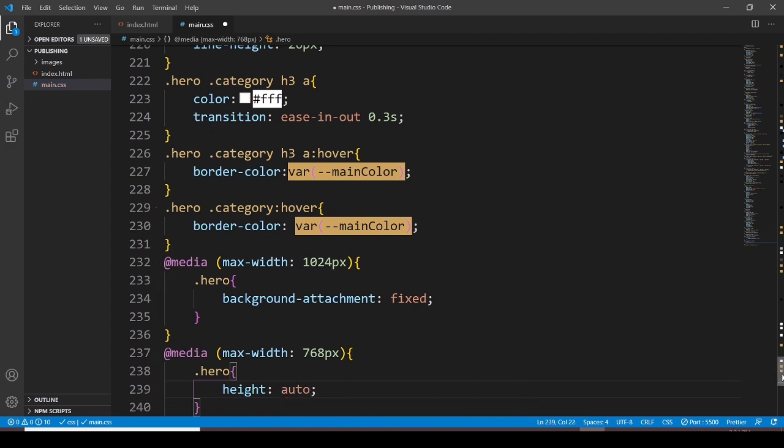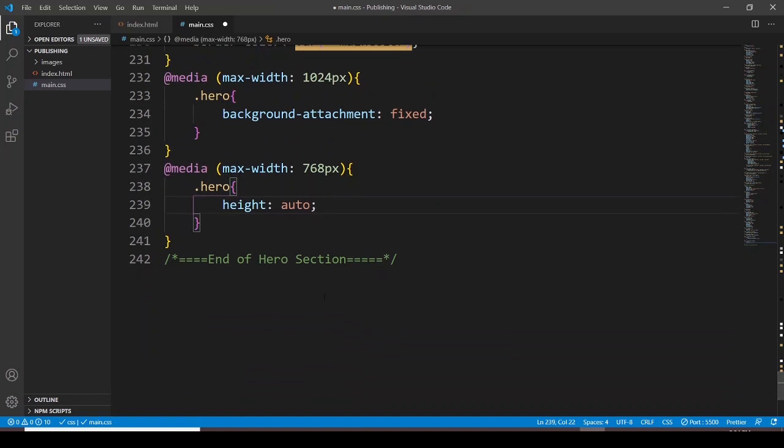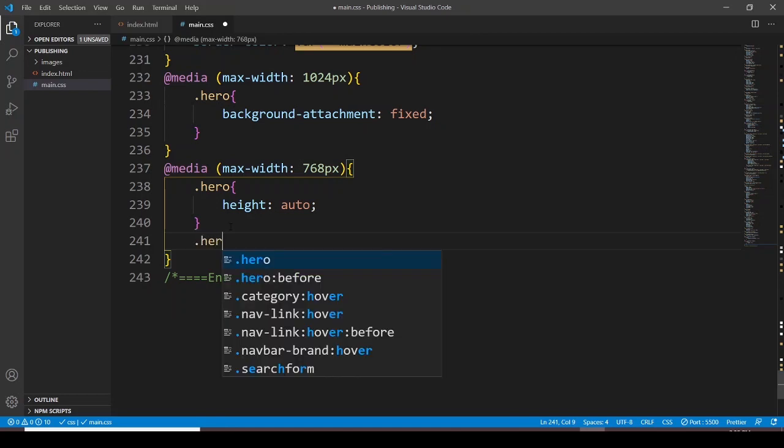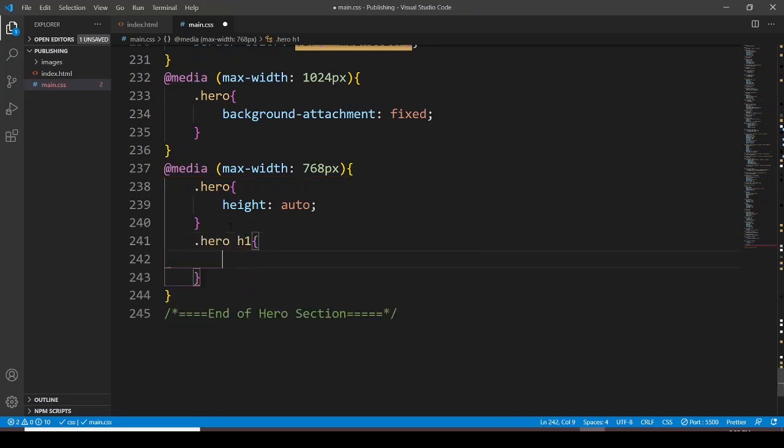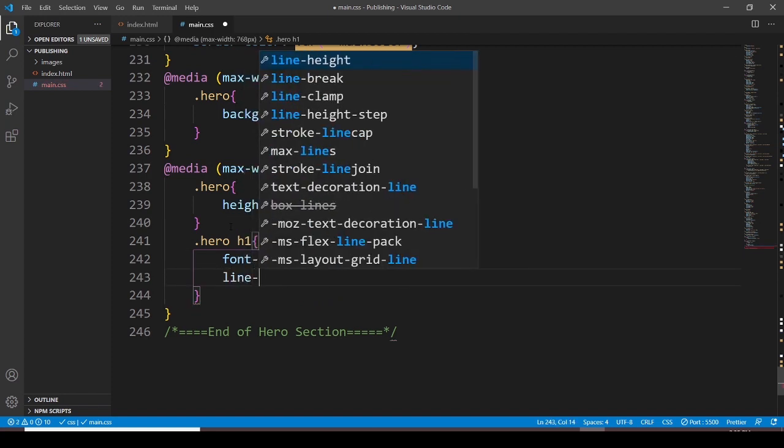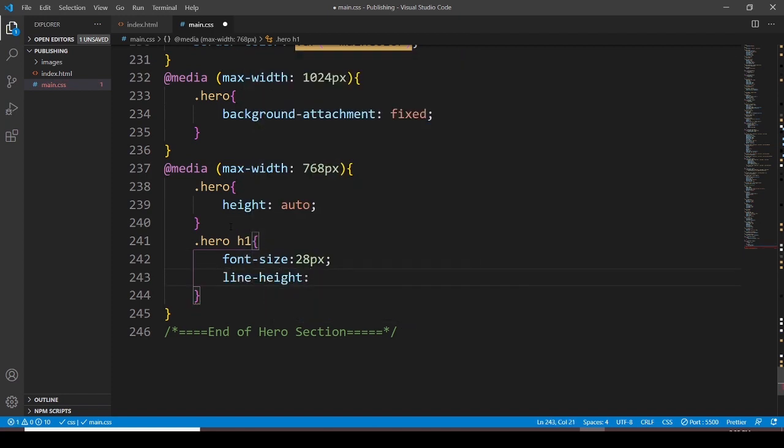Then let me bring it here. Okay, height is going to be auto, and then I would like to go with the hero heading 1, and the heading 1 is going to have a font size. So the font size is going to be 28 pixels, and then I would like to go with the line height. The line height is going to be 36 pixels,